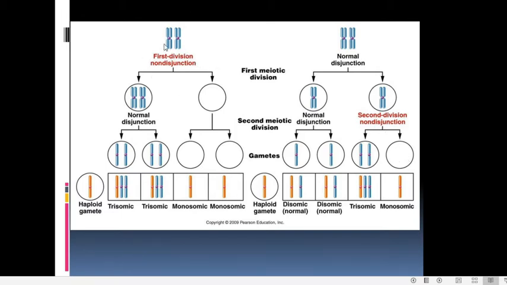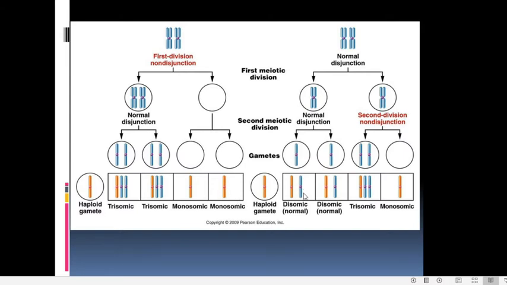If you take it to the case of humans, the starting cell will be having 46 chromosomes. When gametes form, this gamete, instead of having 23 chromosomes, it is having 24. This is also having 24. This is having 22 because one is lost. This is also having 22. So when zygote formation occurs, what happens? These two gametes will join to form a diploid zygote, and this zygote will be having, instead of 46 chromosomes, it will be having 47. Here also 47. Here it will be 45. Here it will be 45.